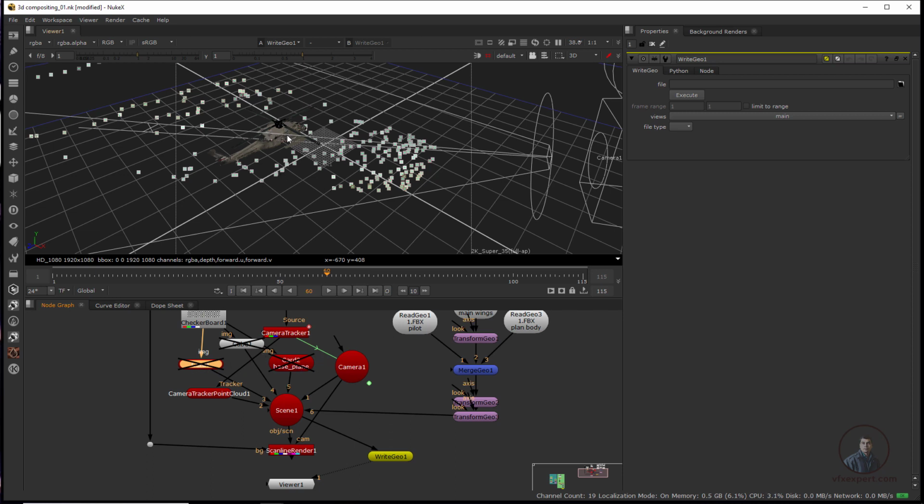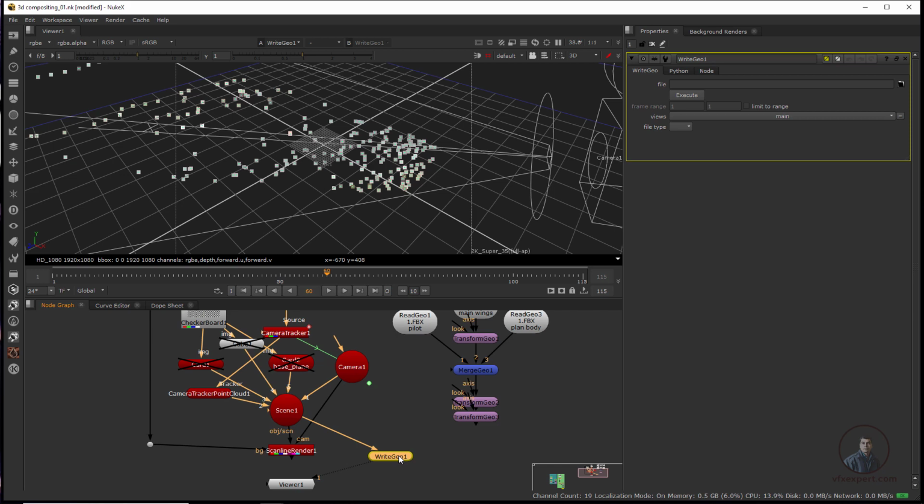If you want, you can also export your geometry from Nuke to Maya, but here I am not going to export our geometry because we will create another object in Maya. So that's why I am going to disable this one here. I have unplugged it. Now you can see, the remaining objects I have already disabled. So the main things are scene, camera and point clouds.